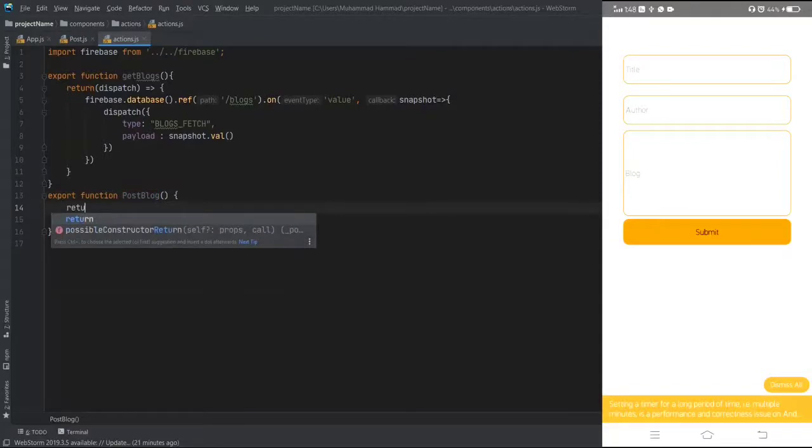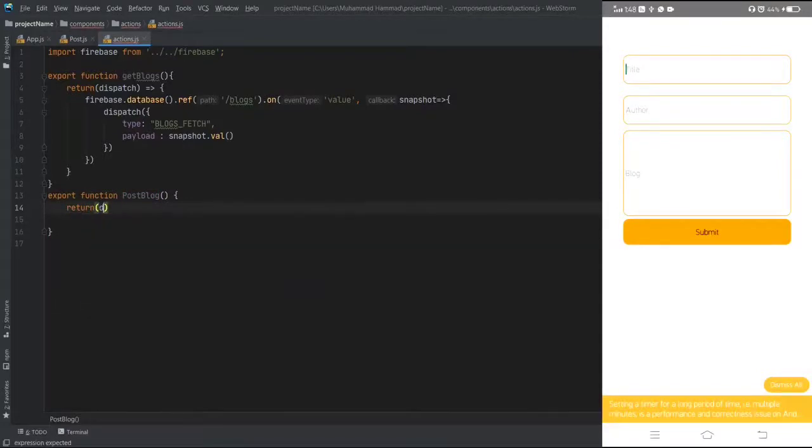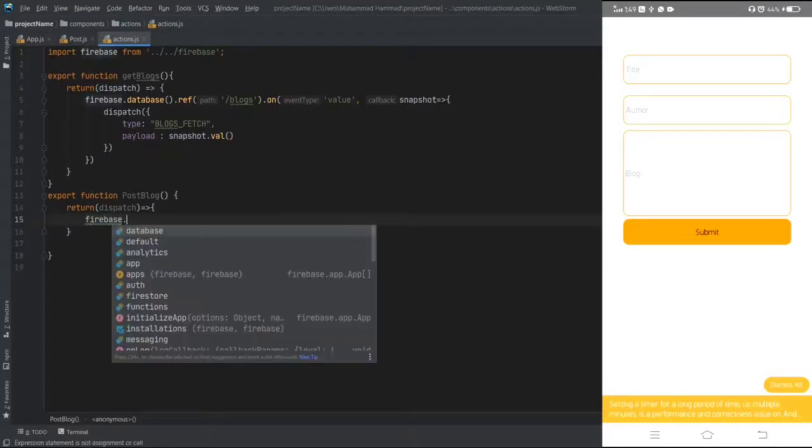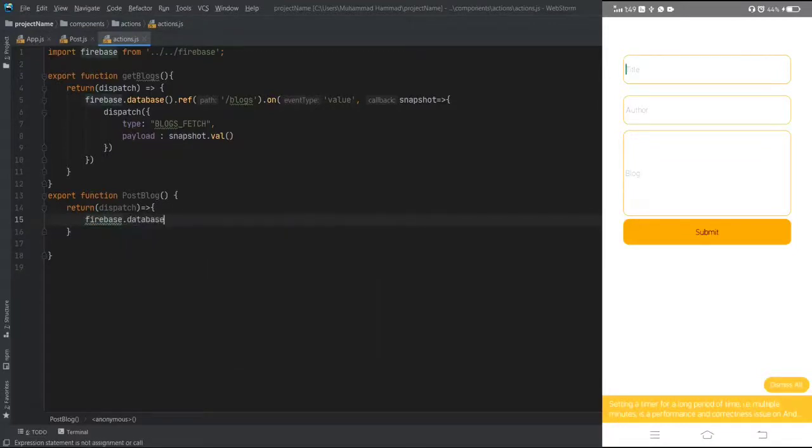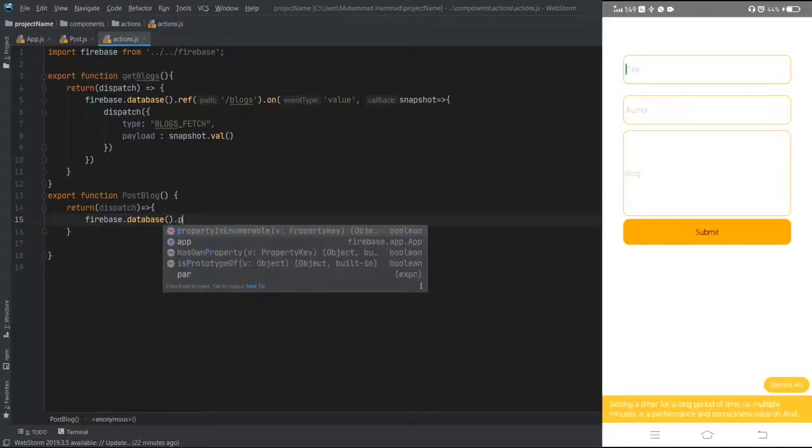And inside this function we have to add a return statement, and here we have to dispatch our action like this, and this is an arrow, and under this return statement we have to add a Firebase query, and this is the Firebase query to insert the values in the Firebase database.